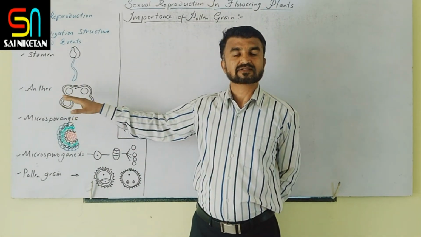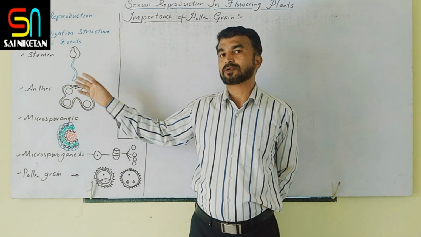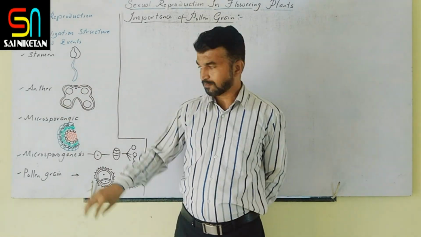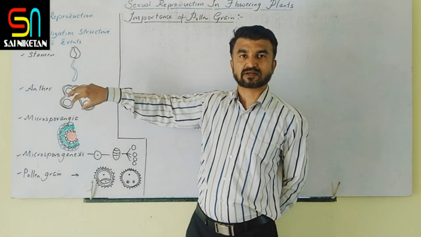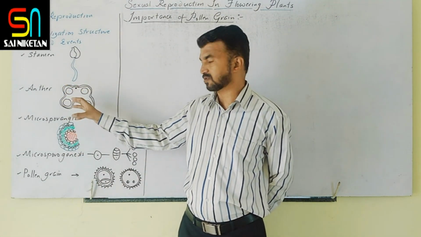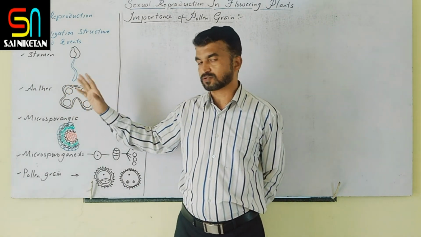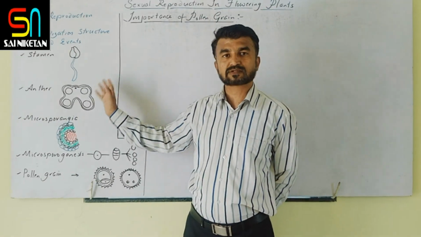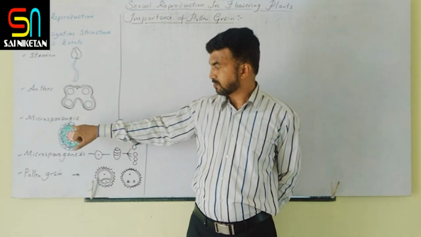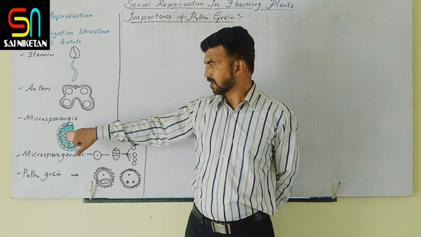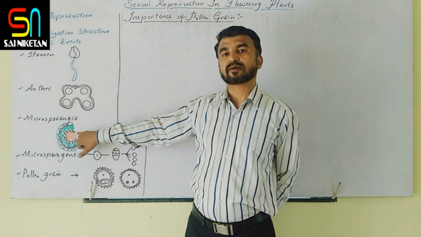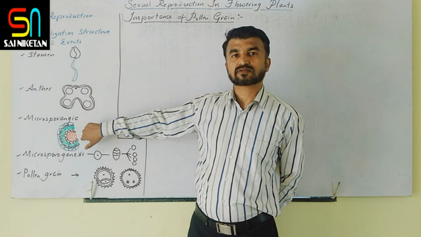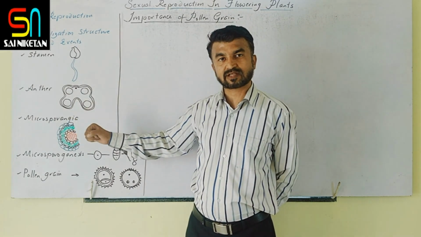This anther is a young anther. It is bilobed, dithecous and tetrasporangiate. There are 4 microsporangia. If you enlarge any one corner of the anther, that is the microsporangium. From outside to inside, the anther wall is made up of epidermis, endothecium, middle layer and tapetum. Functionally, the tapetum is very important. Inside that is the microsporangium, where the microspore mother cells are present.